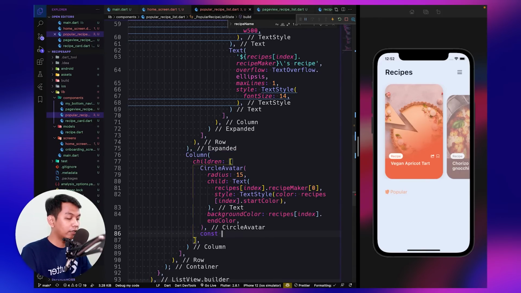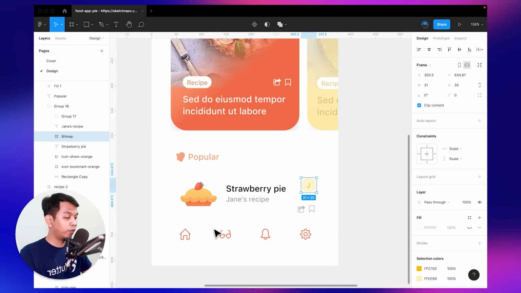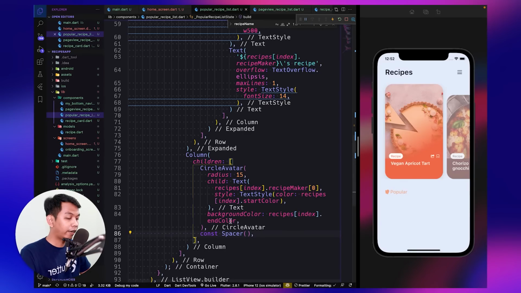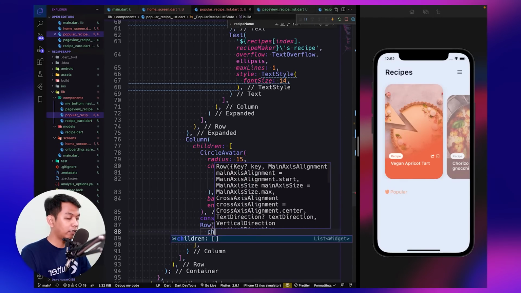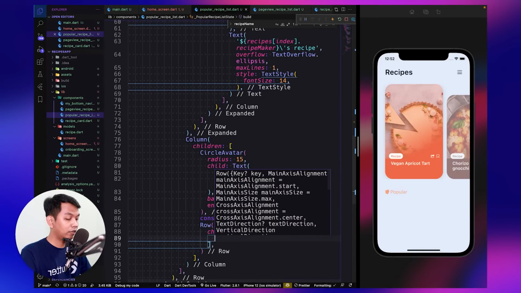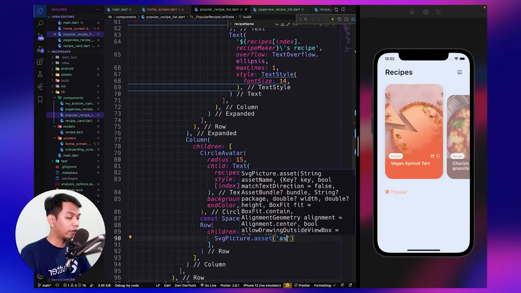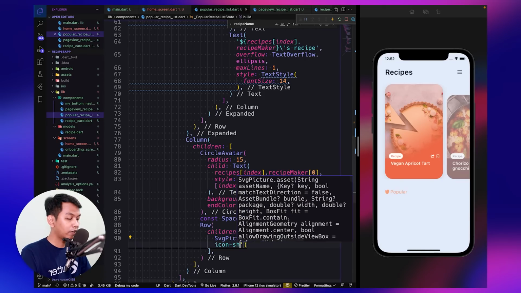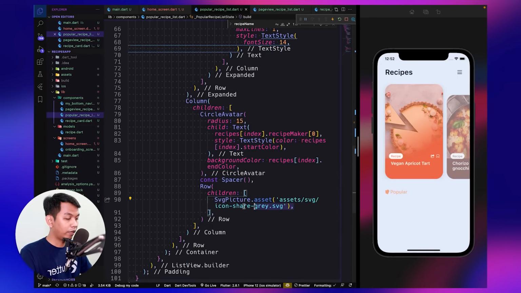And we add spacer to push the widget to the bottom, and below the spacer we add a row widget. The row widget has children, and for the children let's make it an SVG picture asset, and we call assets and svg slash icon share gray dot svg, and just copy this.